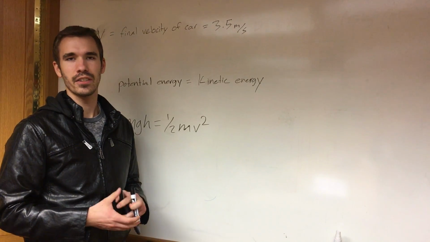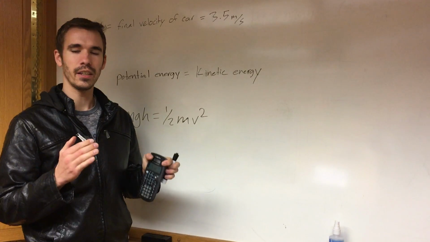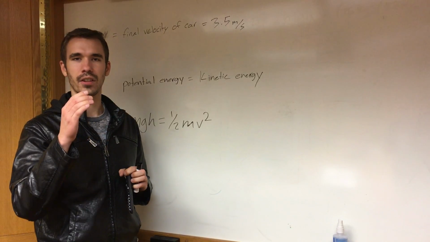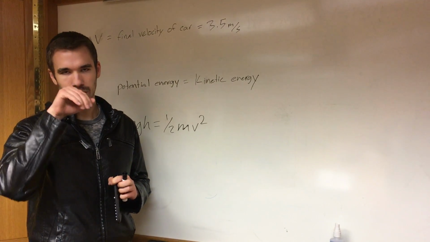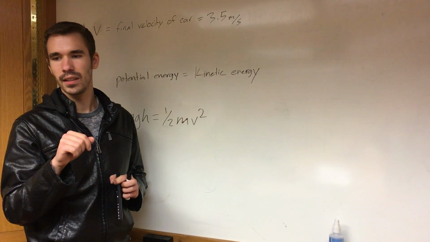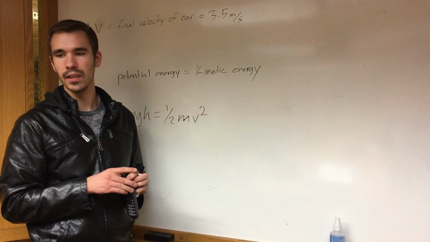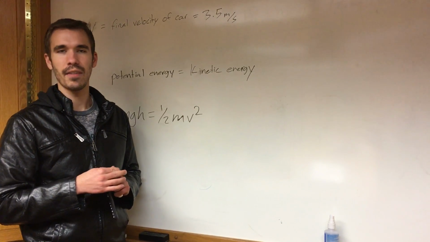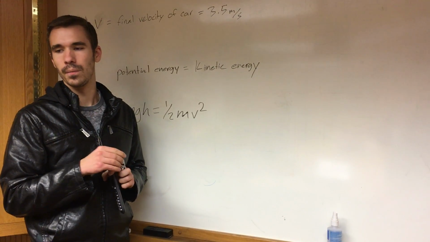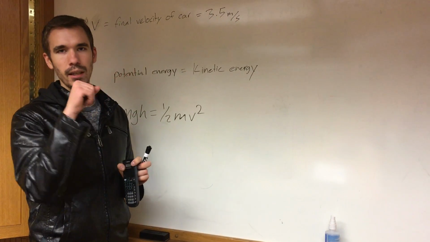In question 38 in chapter 10 of our physics textbook, it talks about how in an emergency we can put a car into neutral and let the car roll down a hill to pick up speed, and then you can put it into gear, which will give it the speed that you need. So it says if we have a car that needs to be 3.5 meters per second in order for this to work, how high does the hill need to be in order to get it to